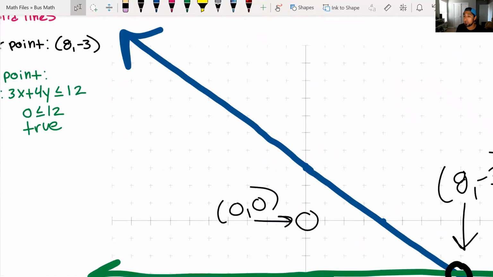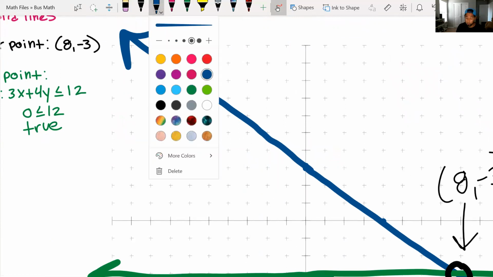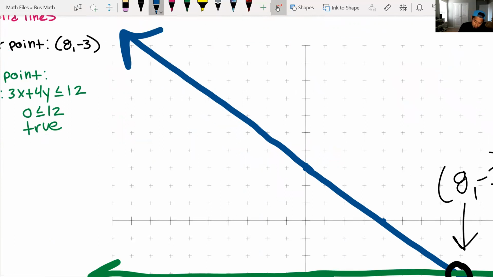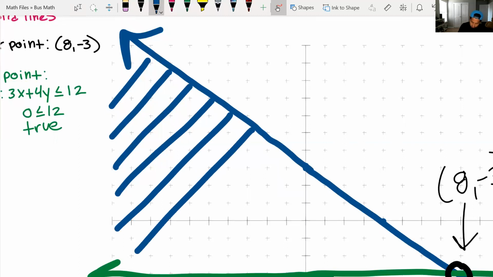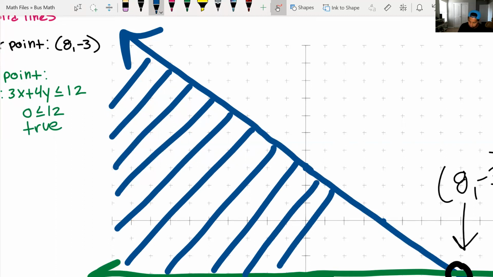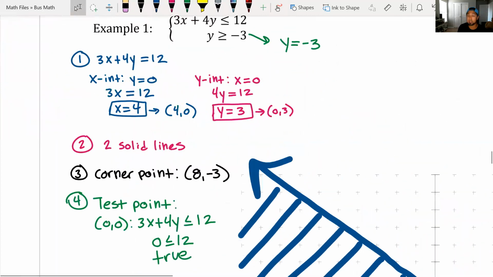And since 0, 0 is true for the blue line, we are going to shade down, because we shade towards the true point, right? So shade. Okay, and now we're going to take that same test point of 0, 0 and plug it into the second